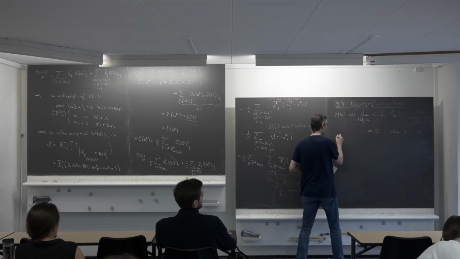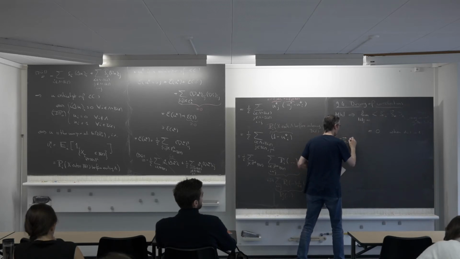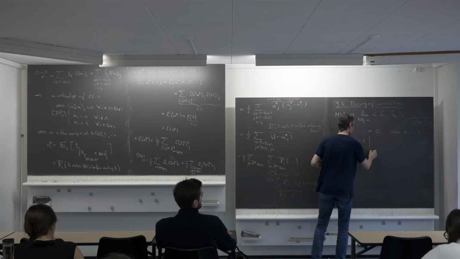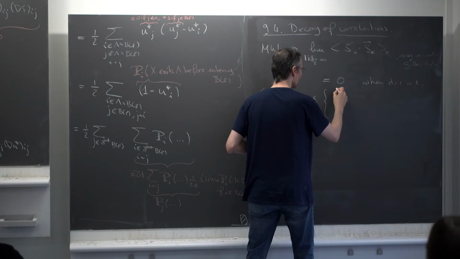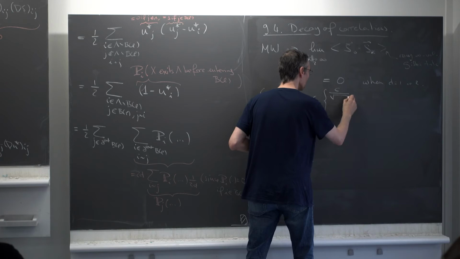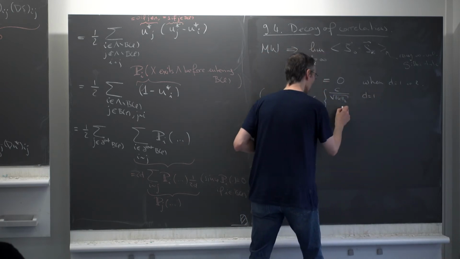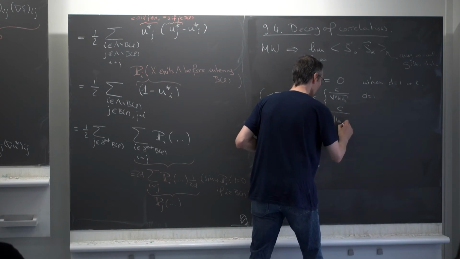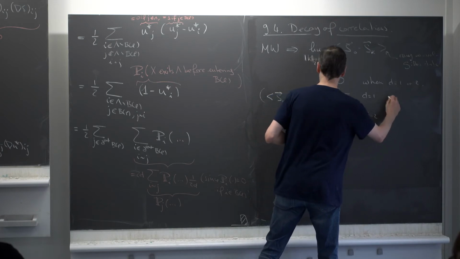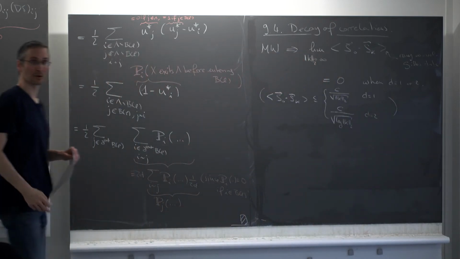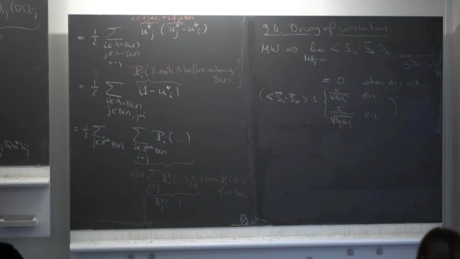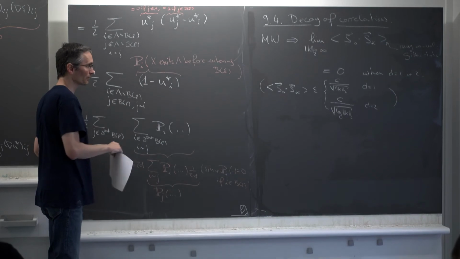So what you get, in fact, is that S_k is smaller than some constant over square root of k in dimension 1, and some constant over square root of log k in dimension 2, which is actually very bad. The real behavior is much better than that. I will discuss the real behavior and make some comment at the end of the chapter, but it's much better than that.